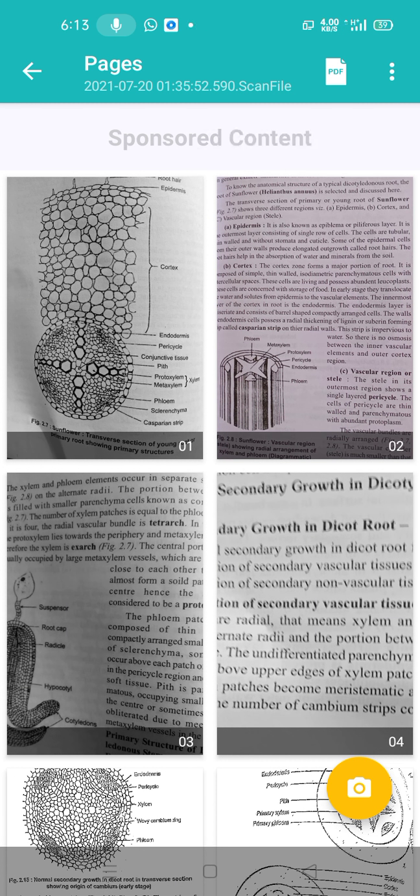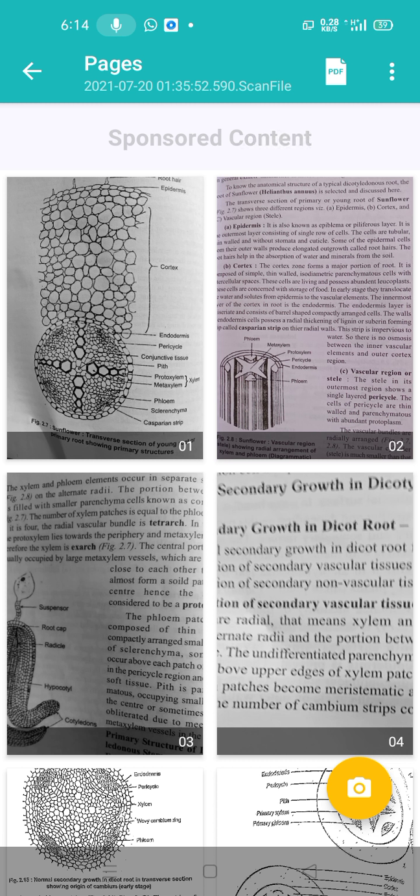Now we start the second topic, primary and secondary structure of plant body and tissue system. In this topic we will study the primary structure of root, stem, leaves or any plant parts, and then how secondary growth takes place in those parts of the plant body. First, we will study the primary structure of monocot and dicot root, stem and leaves.